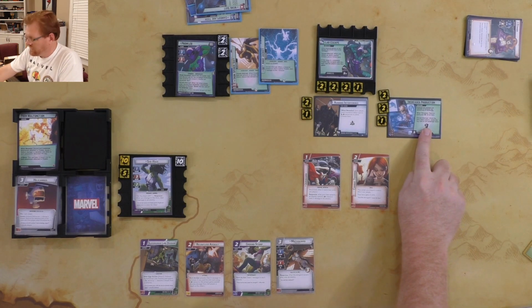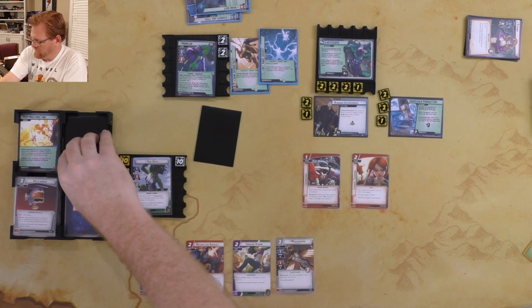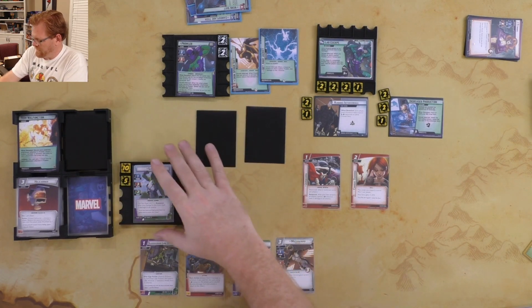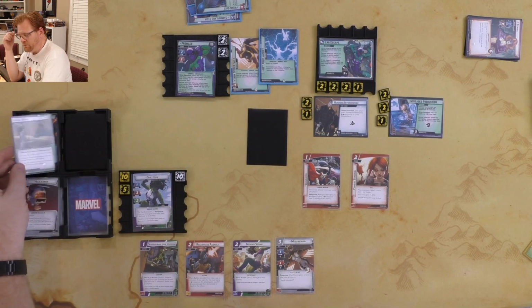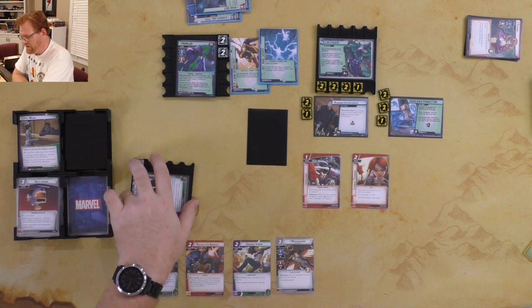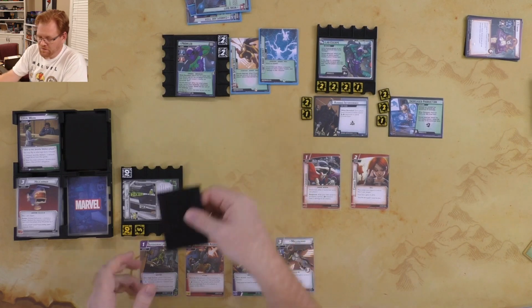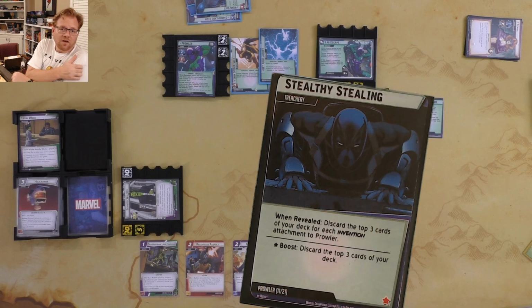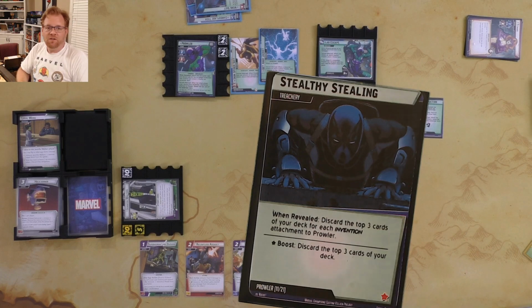All right, we have an additional card from there, so we should get 2 encounter cards. 1, 2. All right, let's see what happens with our encounter cards. Encounter card number 1 is legal work, which is we're going to flip to Jennifer Walters and exhaust. All right, second encounter card is stealthy stealing, which says